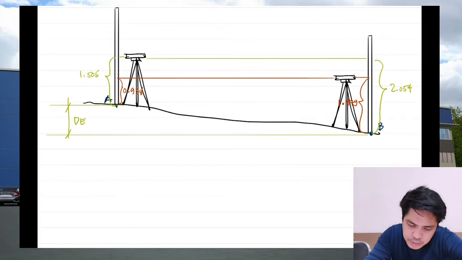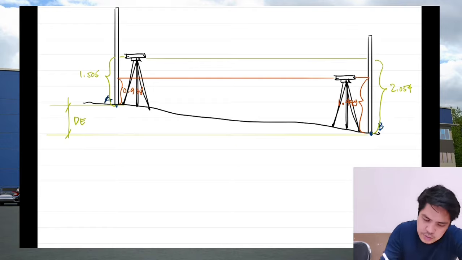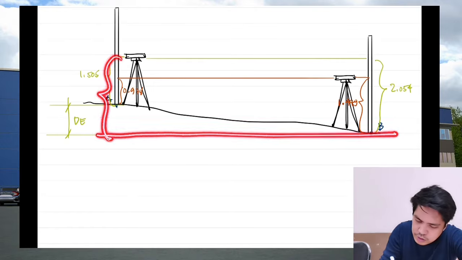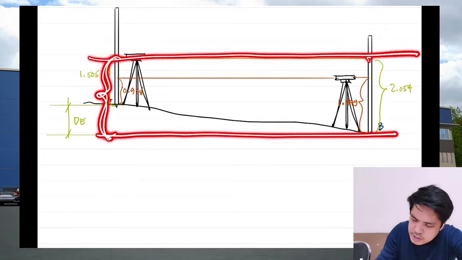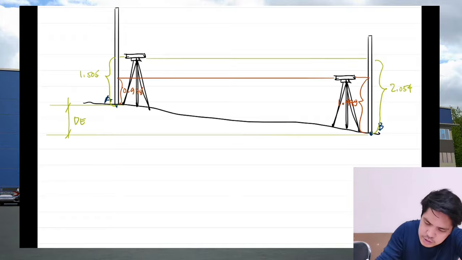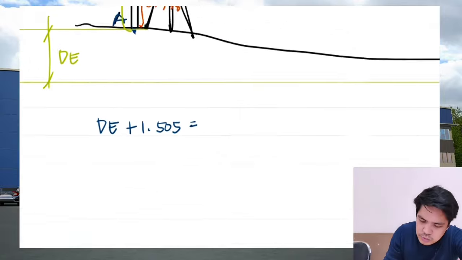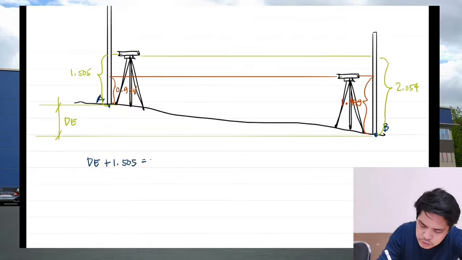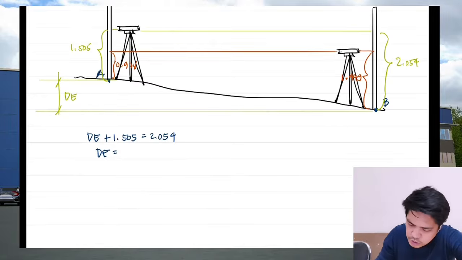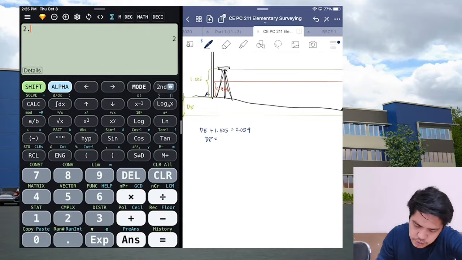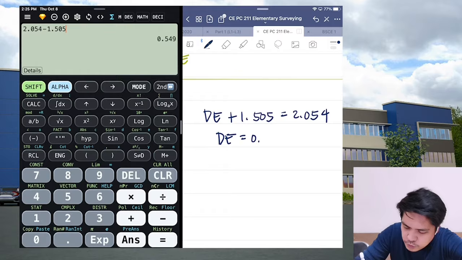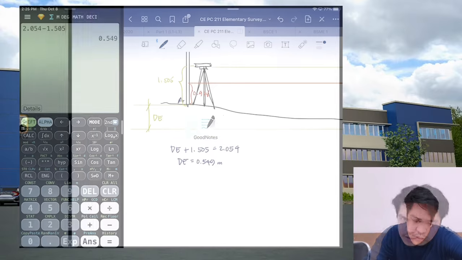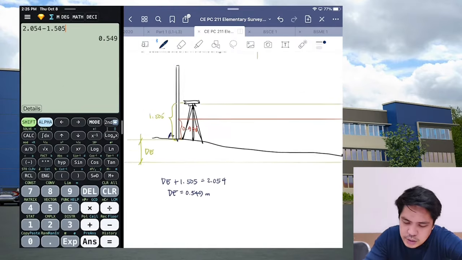If you observe, we can also get the difference in elevation, right? Because of course this distance, this level and this level, is the same as this distance. So that means DE plus 1.505 is equal to 2.054. So DE is equal to, if we use our calculator, 2.054 minus 1.505. The answer is 0.549 meters. So that's the difference in elevation if we base the data on our observation when the instrument is